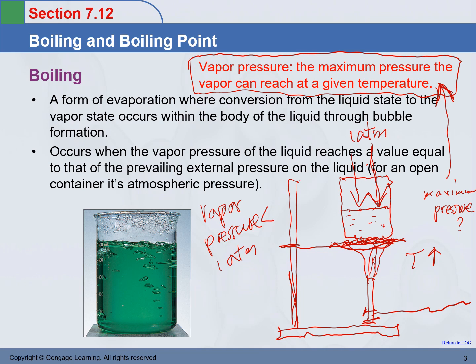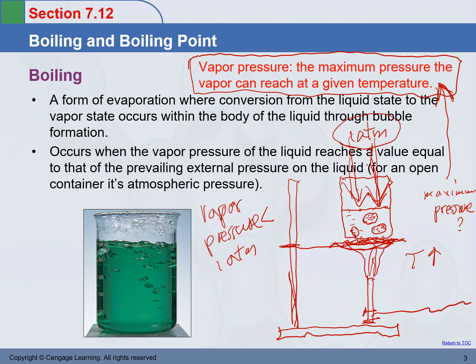Higher temperature, higher vapor pressure, until at one point, the vapor pressure of water is the same as 1 atm. When that happens, bubbles can form within the body of the liquid. Now, inside the bubble, the pressure is the same as the external pressure. Now, that atmospheric pressure cannot squeeze the bubble. The balloon can be blown up now. Does that make sense to you?